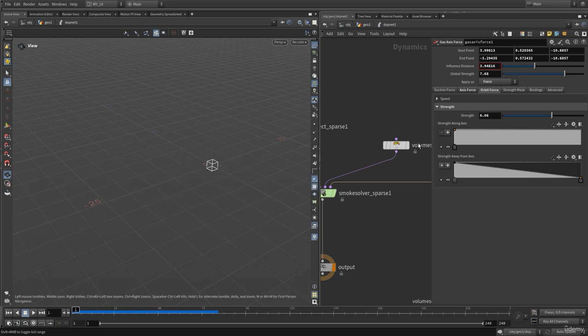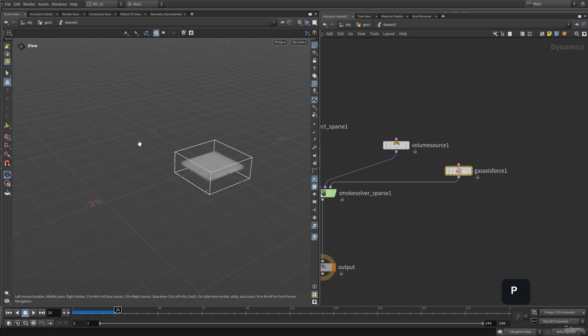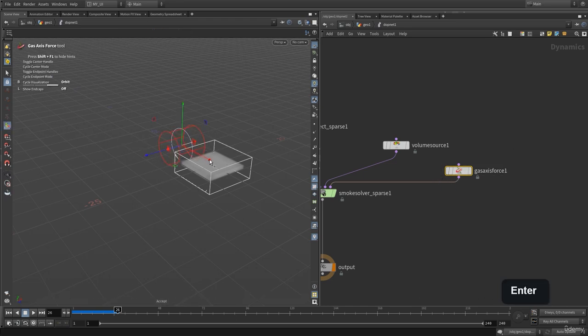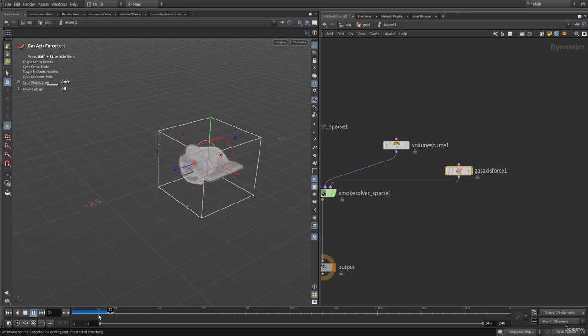So if you were to just change some parameter, let's say I'm going to just increase the global strength value, here you can see as I have changed the parameter, our cache has been gone because we have these changes. In the same way, let me select this and enable my manipulator. If I move this in here, you can see as I have moved this, this cache has changed to orange again, saying that this cache has been outdated, which means we need to calculate it again. It's just an indicator. So let's go back and hit play. So we are caching our simulation into RAM,